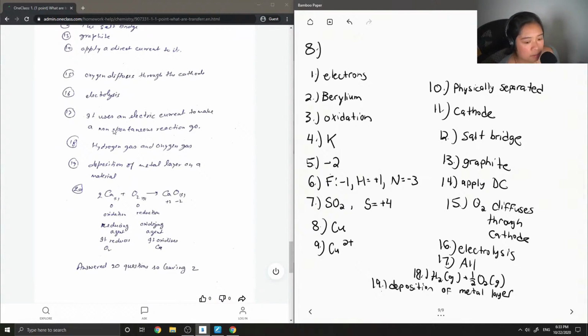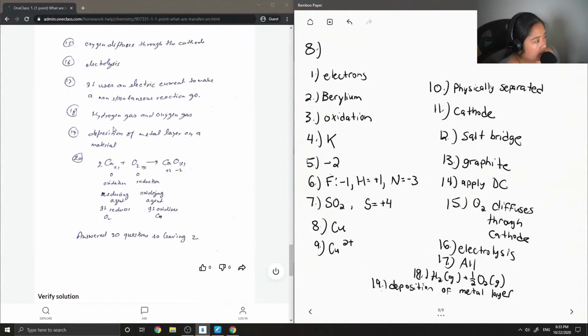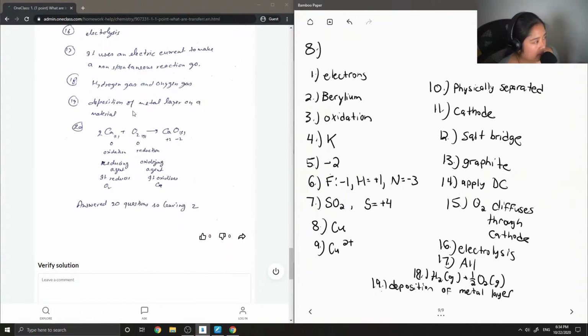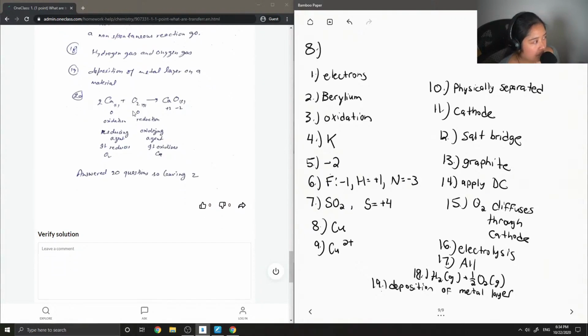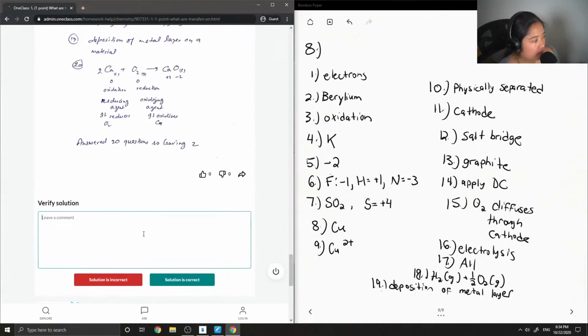Okay, so yeah. Hydrogen gas and oxygen gas, deposition of metal layer on a material. Okay. I'm just gonna mention that